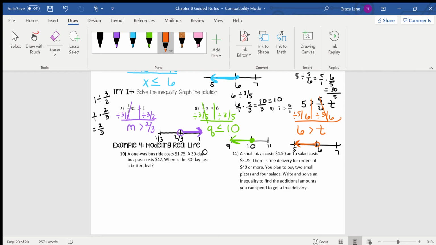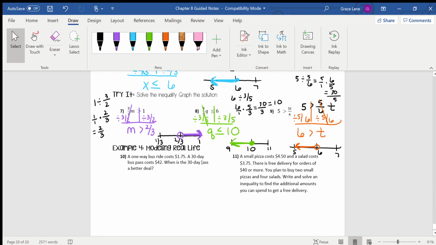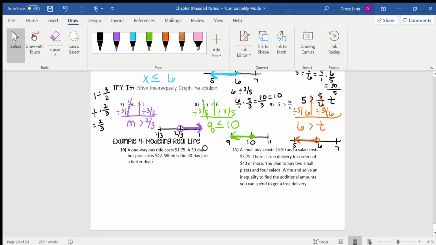Okay, so that was solving an inequality. I know that was a lot of writing, but the fraction ones really aren't any different than just plain multiplying or dividing. I think that I'm going to need to erase those because I'm going to run out of room. So the last two,